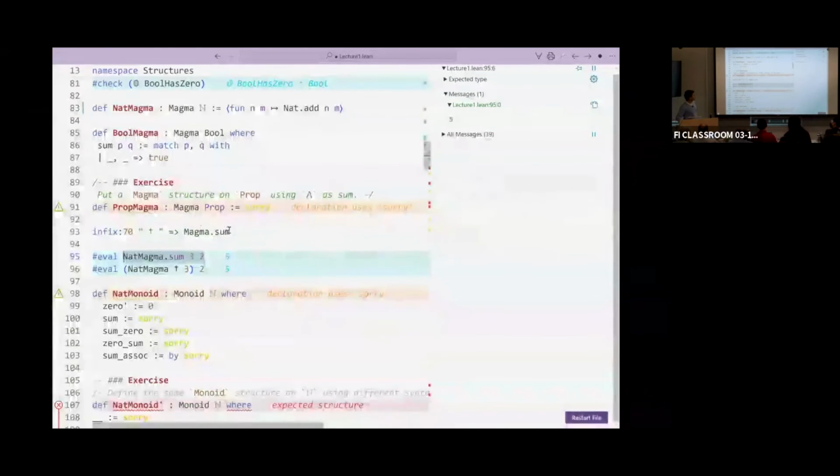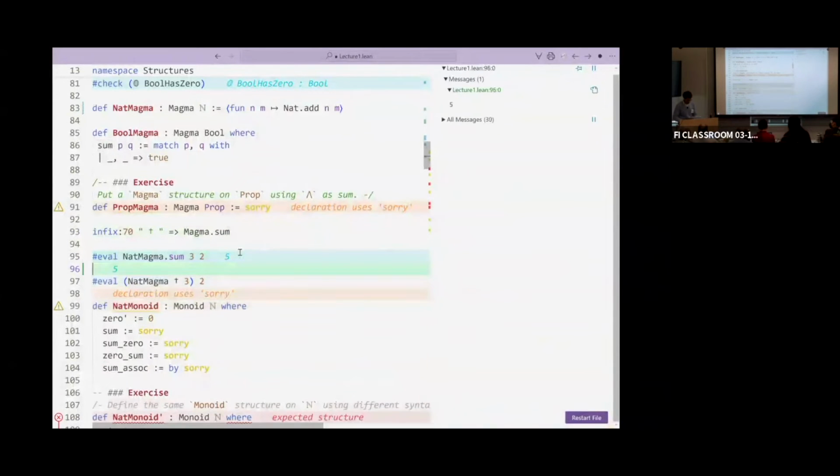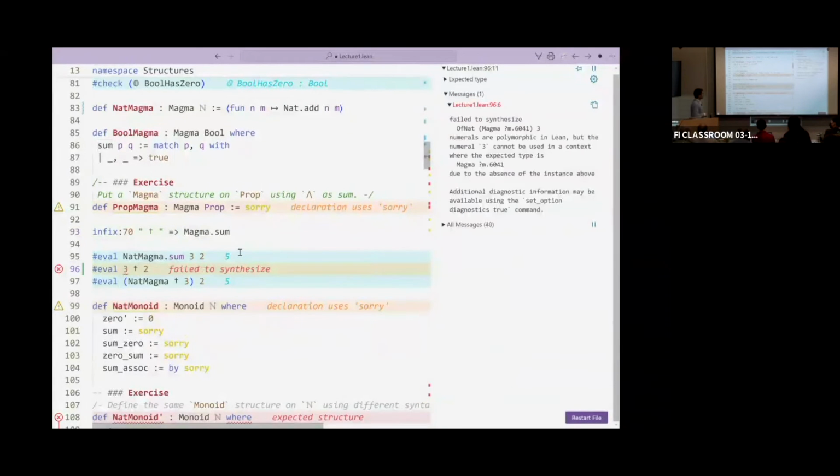I've also tried to define a notation for this sum using dagger instead of plus, just to have a new one and not to conflict with the classical one. And you can try to do something like, oh, and now I have a notation. I write eval 3 dagger 2. But it's not happy.